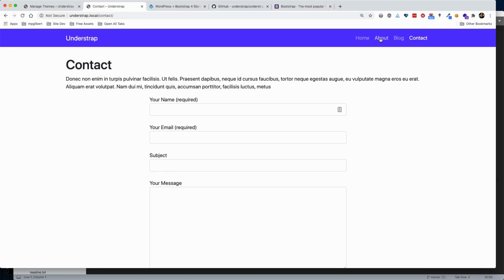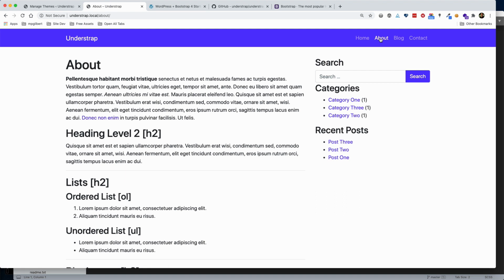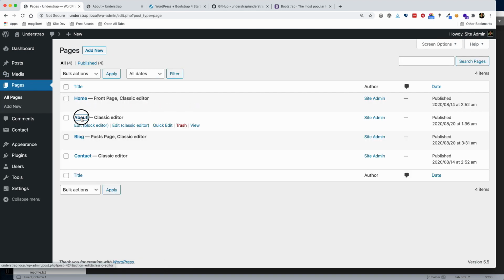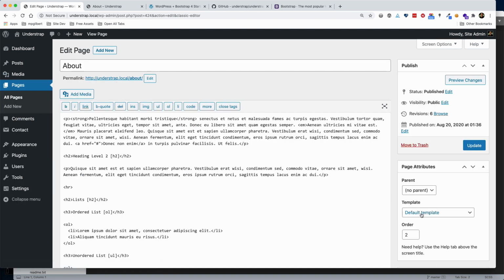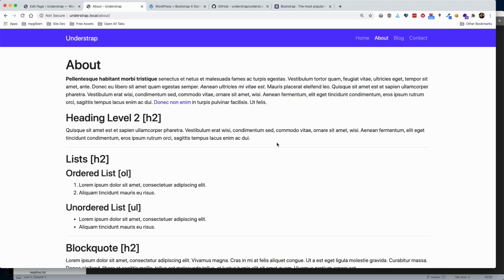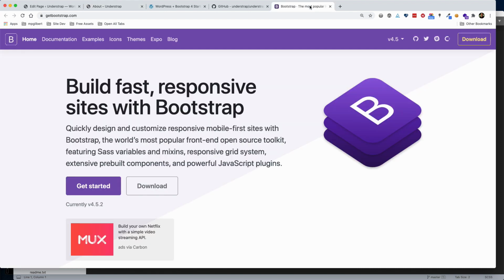What I'd like to do is switch back to the About page. First thing, let me turn off this sidebar because we really don't need that except for blog pages. If I go to About, instead of this default template, I'll switch it to full width page and then come back over and reload. Okay, I'd like to replace all of this Greeking, this placeholder content, with some actual content from